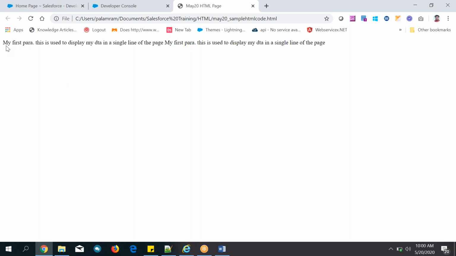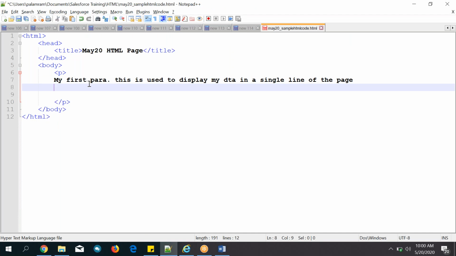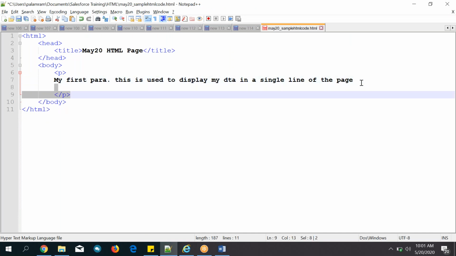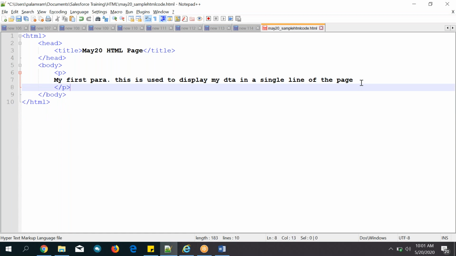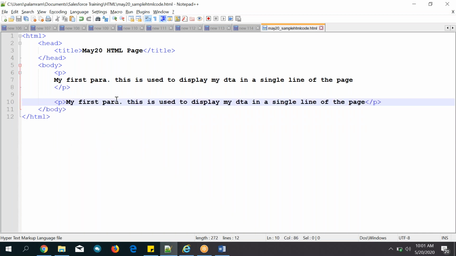What you observed from the paragraph is that it displays like this, right? So put that code in between another paragraph like that. Create one more paragraph, close it, and in between write this same thing. Now save it.